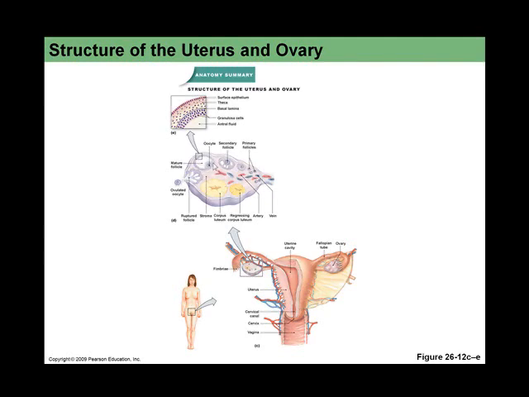And the one follicle in humans that somehow is selected to complete the maturation process will have the generation of the granulosa cells and a thickening of the thecal cells, and these two will contribute to the formation of the gonadal steroids. And then of course, mature follicle, the liquid fills in this area here, and then the process of ovulation occurs with the rupturing of the follicle, and the ovulated oocyte is